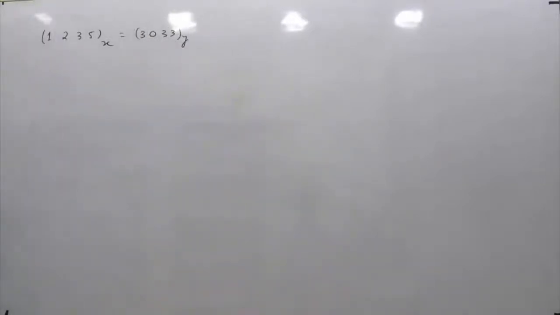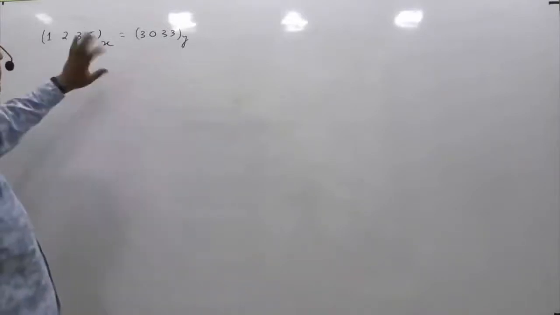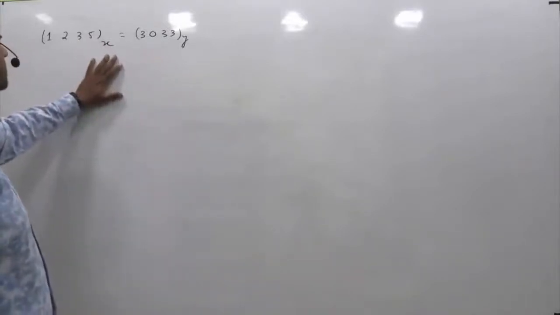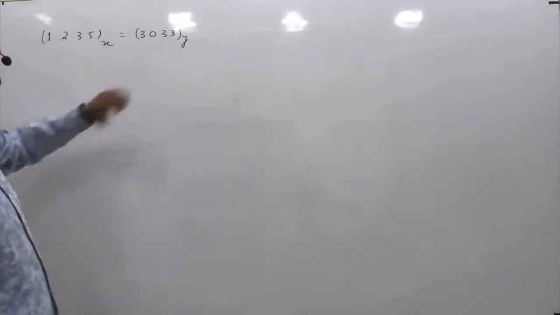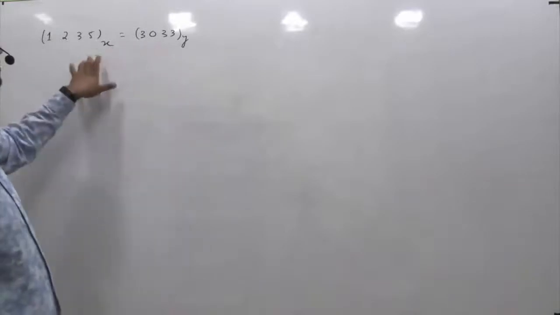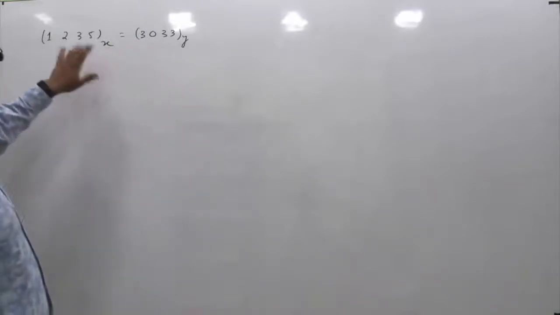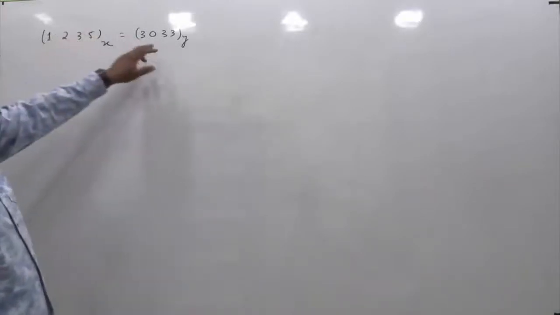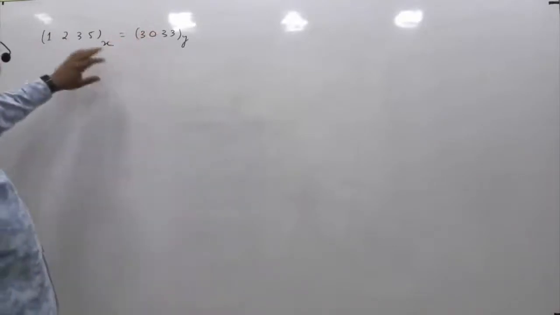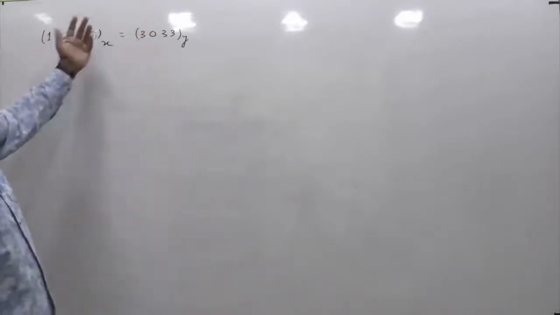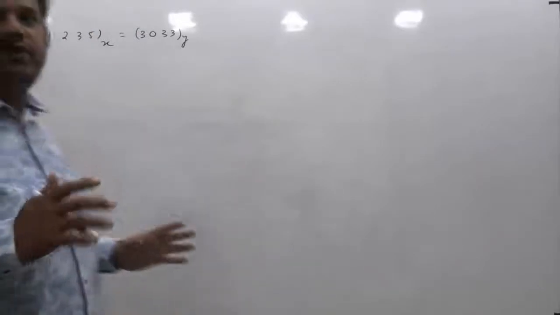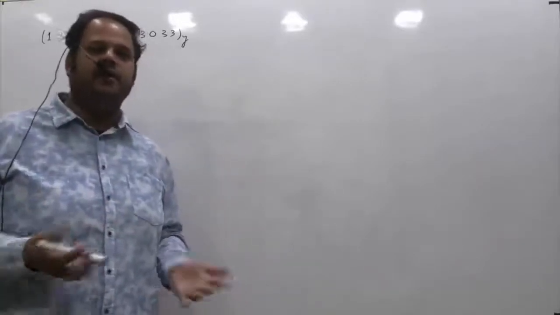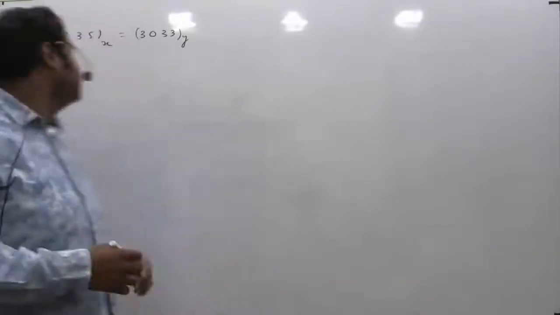So what we do in such kind of problem is, this is in base x, this is in base y. So x and y can be any arbitrary base. So what we'll be doing is, we'll be converting this into base 10, and hence the base 10 equivalent of this and this will be equal to each other. Because if this is base x and this is base y, and they are equivalent, then obviously if I convert both sides into base 10, still they will be equal. Now I am converting into base 10 because we are quite comfortable handling the equation in base 10 format rather than any other bases, right?